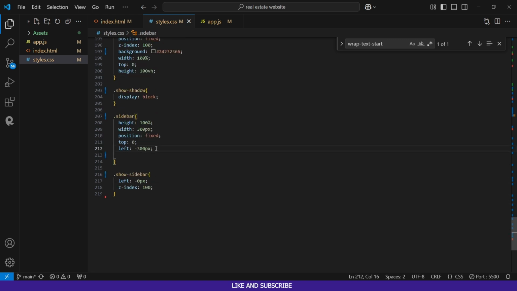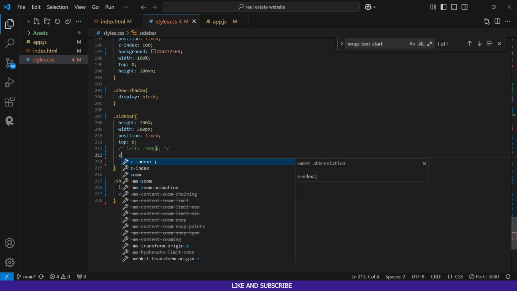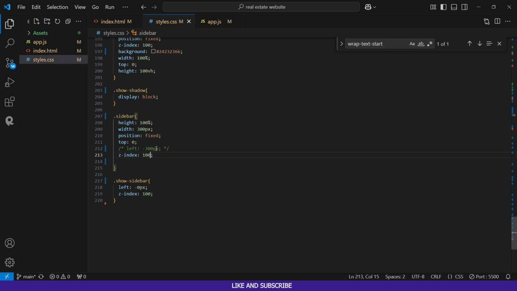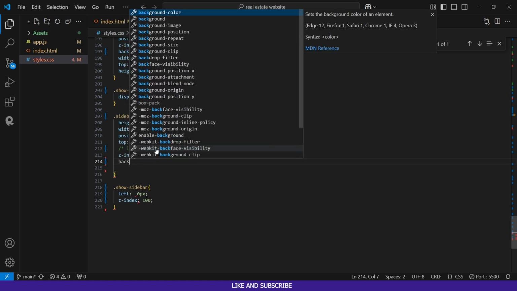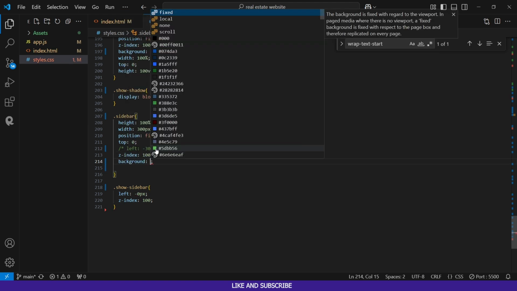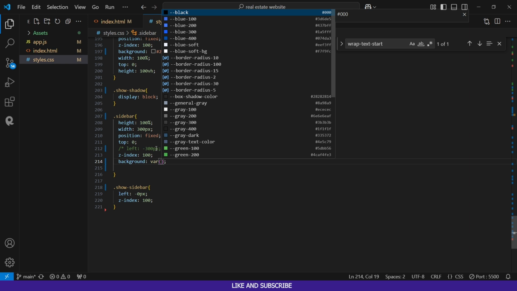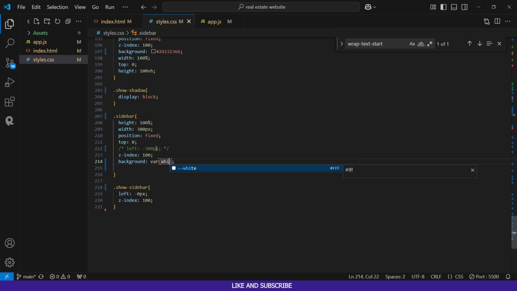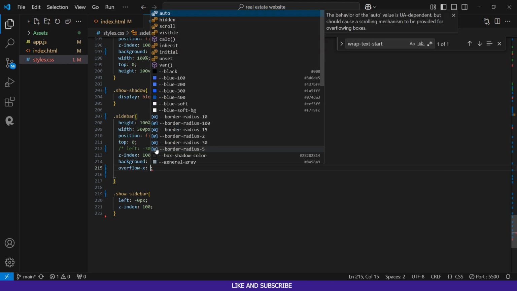We need to remove this. We don't need this to disappear yet because we would like to see what it looks like when we are done styling it. Here we're going to add the z-index, and it's going to be 100. And next, we're going to add background, and the background here is going to have a variable color which is going to be white. The next, we're going to add overflow x hidden,